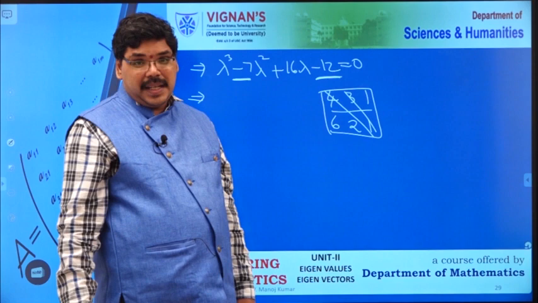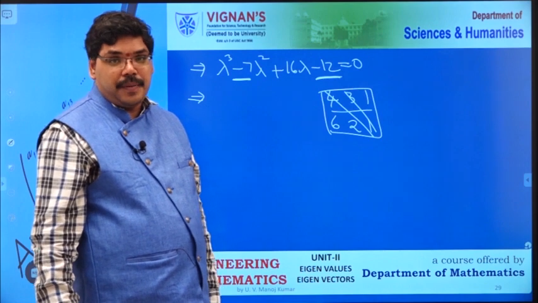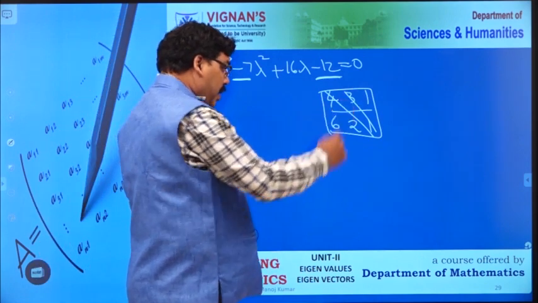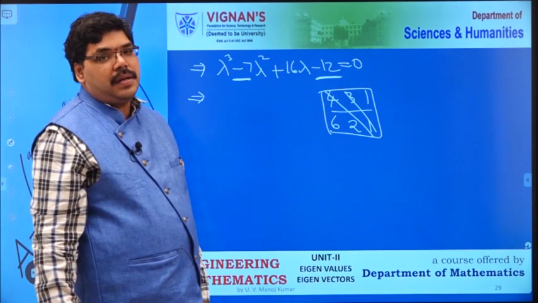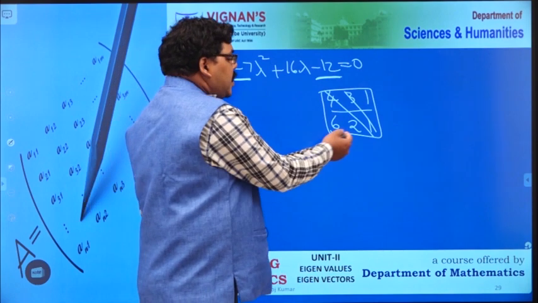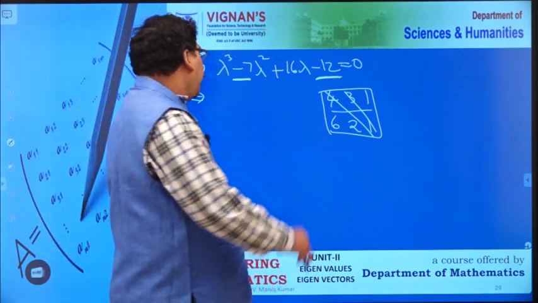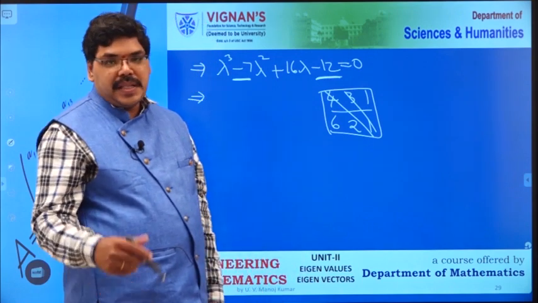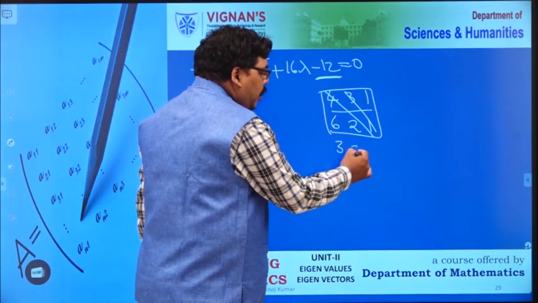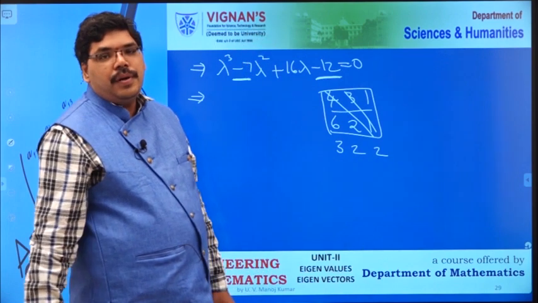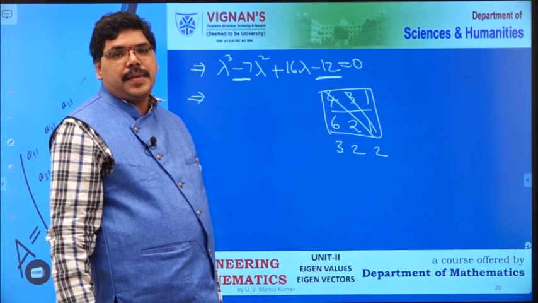So you have to find three numbers whose sum is 7 and product is 12. 4, 3, 1 are the proper choice? Even though the product is 12, the sum is not equal to 7. So what is the other way? 6, 2, 1 I am selecting. 6 into 2, 12, into 1, 12. Product is 12, but the sum is not 7. So what are the other choices? One of the correct choices is 3, 2, 2. When you multiply 3, 2, 2, the product is 12, whereas the sum is 7.